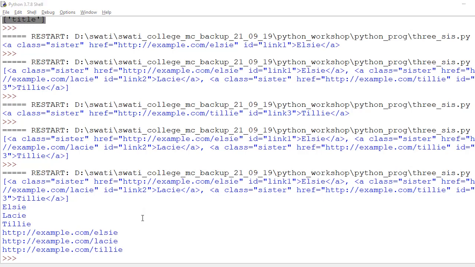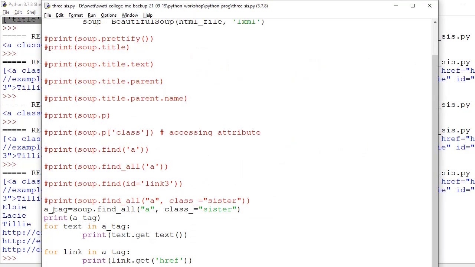So what have we written over here? A underscore tag is equal to soup dot find all anchor tags where class is equal to sister, and then I'm printing that a underscore tag first.